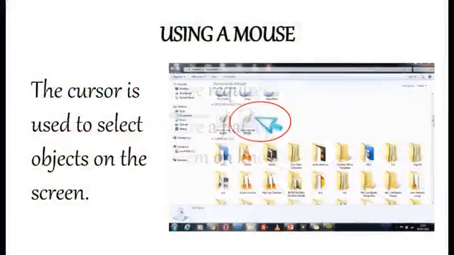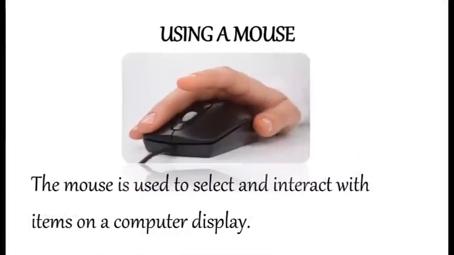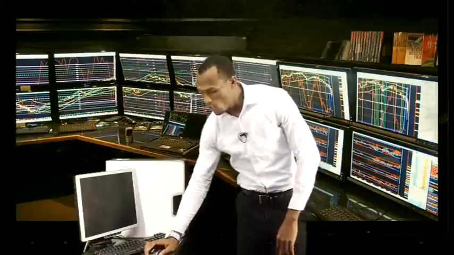Now, the cursor is used to select objects on the screen. The mouse requires very little training for the user to use it effectively. This requires a flat surface, just like the one we have here. On this surface, the user places the mouse, and then he or she will just need to move his